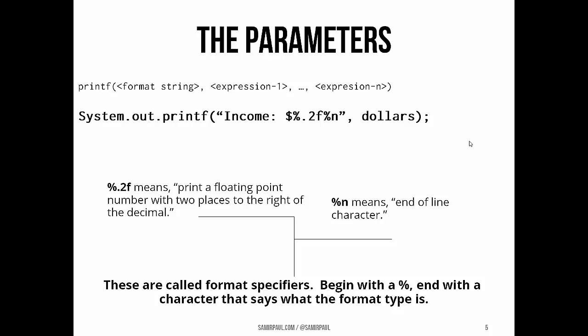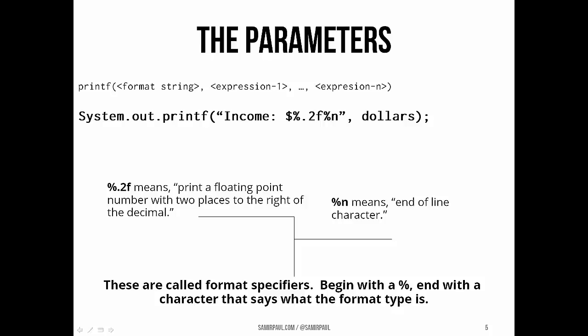And those codes, they start with a %, and they end with a letter that tells us what the format type is. So in our example, our code segment, the format specifier %.2f says display a number in fixed point format with exactly 2 digits to the right of the decimal point. Next to it, the format specifier %n says display an end of line character. Okay, so we can see a couple of the